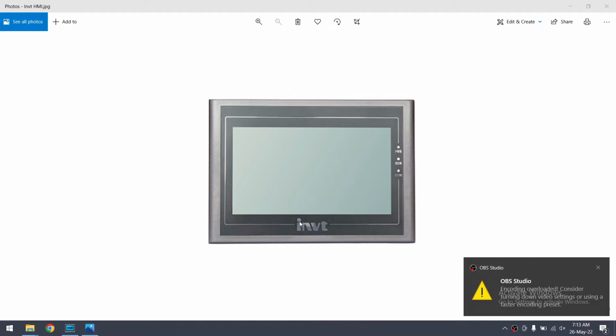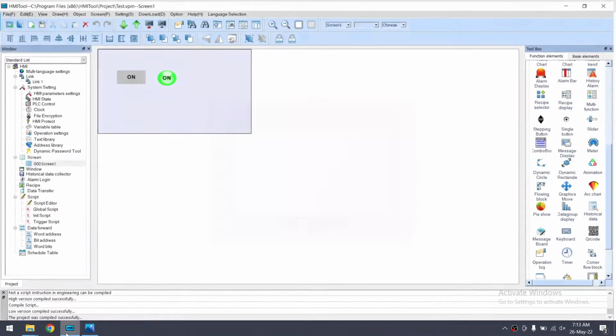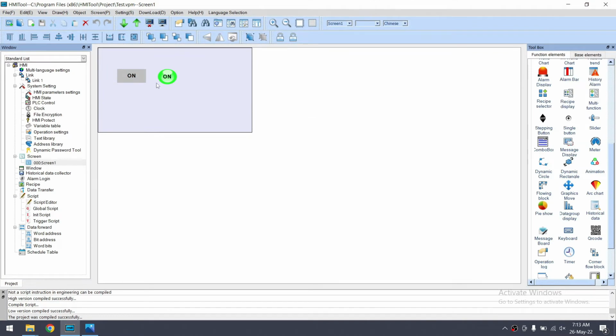I have an Invt HMI and I want to download the program into this HMI. We have the HMI tool software for this Invt HMI, and I have created one program to download into the HMI. So whenever I click on download here,